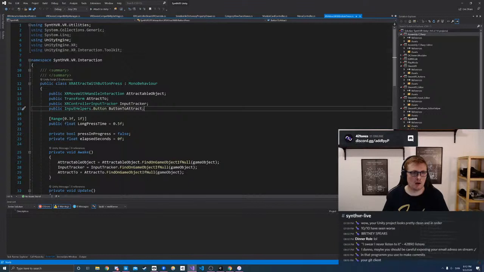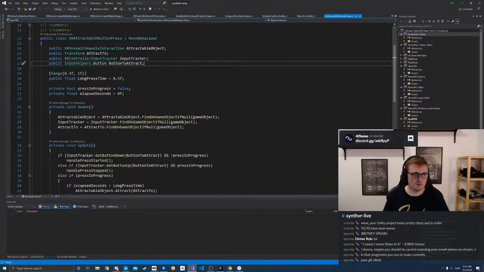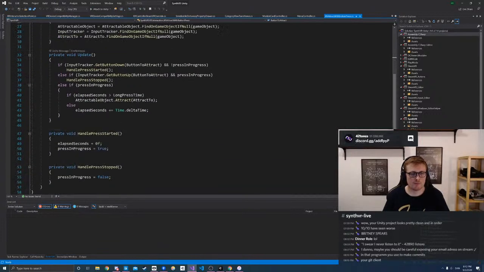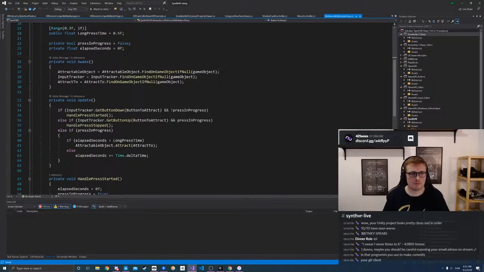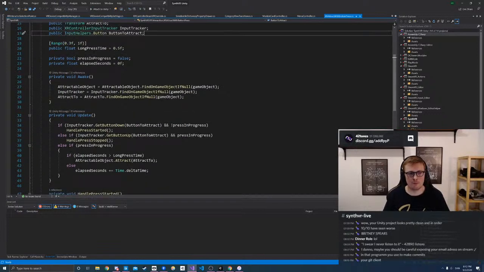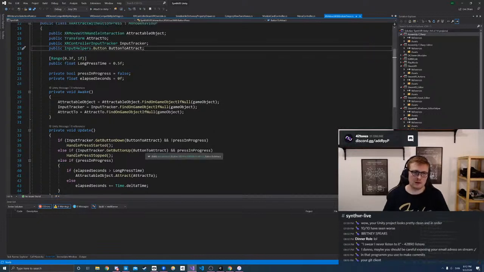So this is a class that's building on the XR interaction toolkit. And you hook it up to some input source, and then once a certain button is pressed on that input source, it will